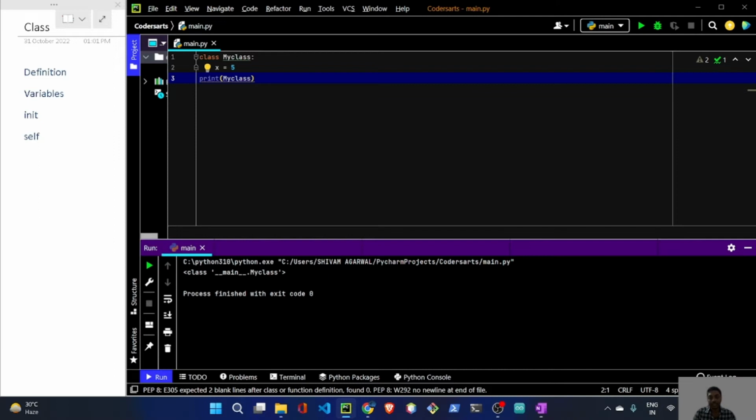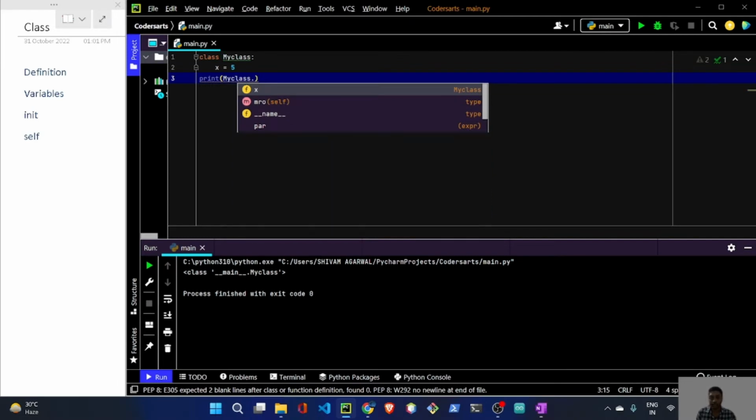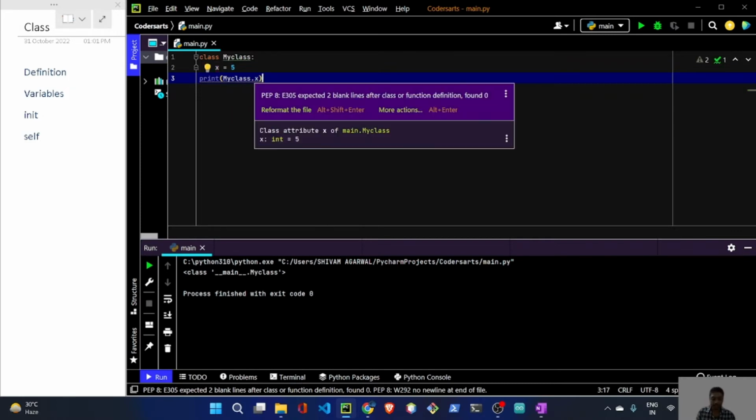This shows that our class is successfully created, but this doesn't prove anything other than that we have created the class. What if we have to access this x variable? There are two methods. We can use the class name, MyClass, or we can create an object. We'll try to create an object in the coming videos. For now, what you have to do is use the dot operator and place the variable after it. So the name of your class followed by the dot operator and the data member, that is x. If we try to print this, what we'll get is